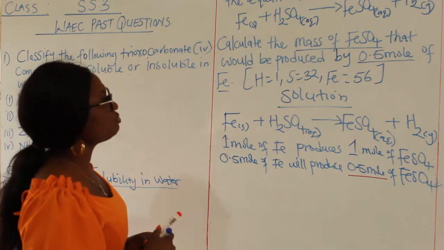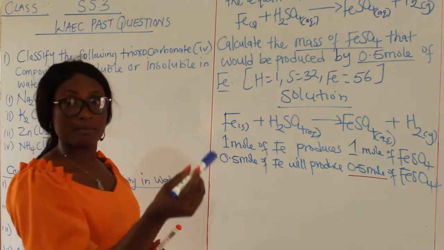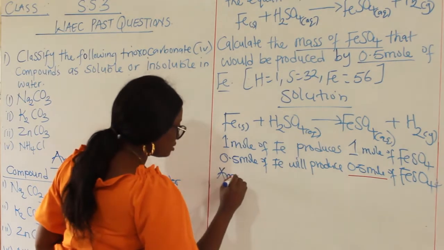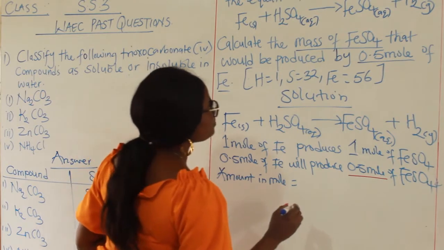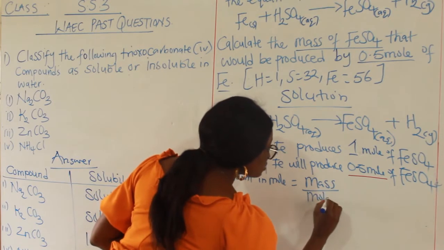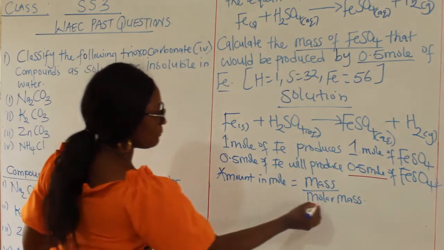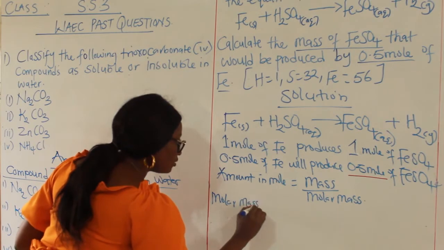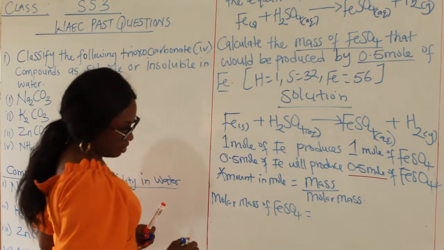Now, the next thing you will do, because we are looking for mass, there is a formula that connects mass, molar mass, and mole. Let me just write the formula to remind you. Amount in mole is equal to mass all over molar mass. Okay? Now what you will do is to get the molar mass of iron sulfate. So you come here, you write molar mass of iron sulfate will be equal to,